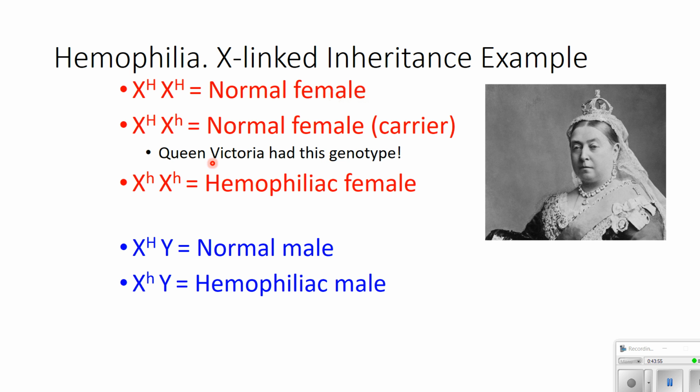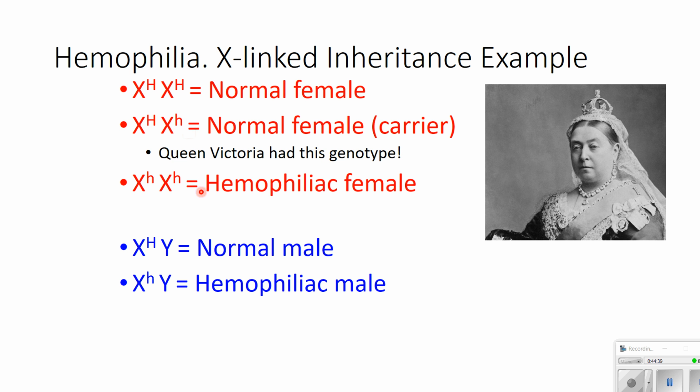Let's use hemophilia as another example of a sex-linked trait. Because this gene is carried on the X chromosome, we're going to write it out this way. So X big H, that would be a normal female whose blood clots completely normally. Heterozygous, X big H, X little h. This is a woman who has a normal blood clotting allele and a hemophilia recessive allele. So her blood's going to clot just fine. She's not going to have symptoms of hemophilia, but she's a carrier, and she can pass this down to her